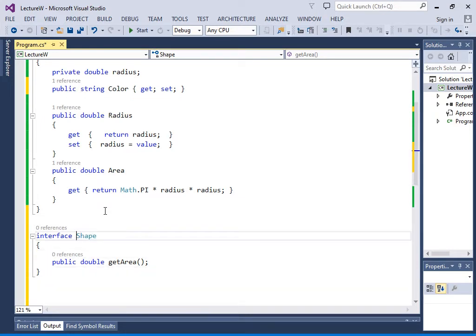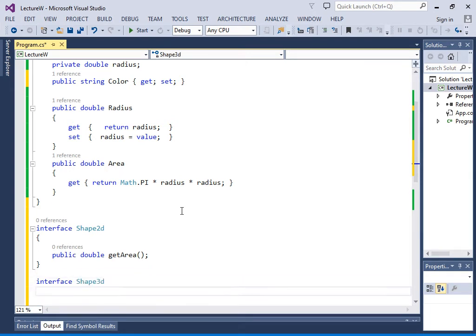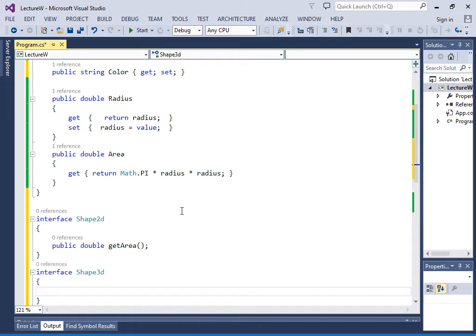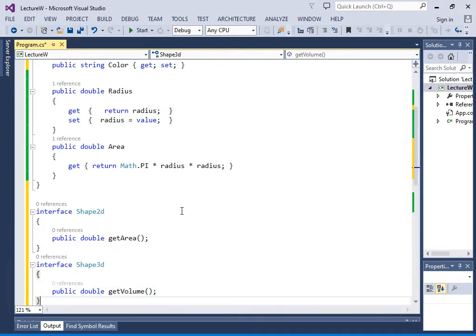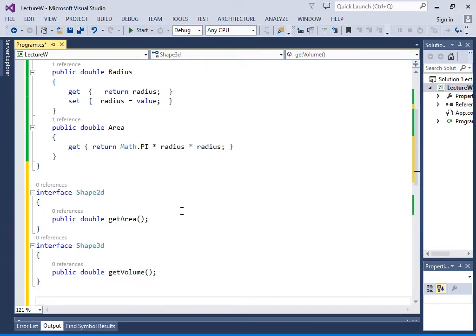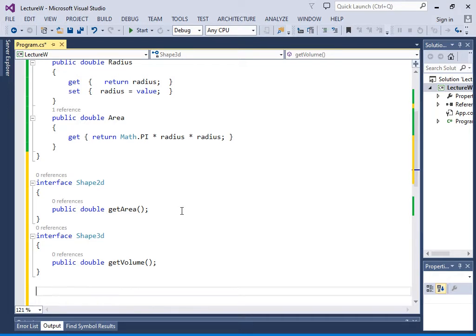Let's call this shape 2D, capital S, shape 2D. It's a two-dimensional shape, so it has an area. And let's make another interface called shape 3D, which has a get volume. Public double get volume. Now I'm going to make a rectangle and I'm going to make a block. Or how about just a square and a cube? Those are easy, right? So a square